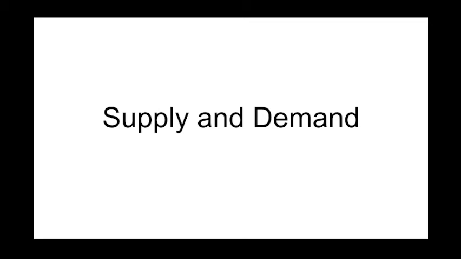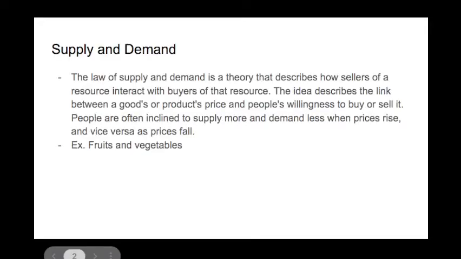Alright, so these are the basics of supply and demand. The law of supply and demand is a theory that describes how sellers of a resource interact with buyers of that resource. The idea describes the link between a good or product's price and people's willingness to buy or sell it. People are often inclined to spend more and demand less when prices rise, and vice versa as prices